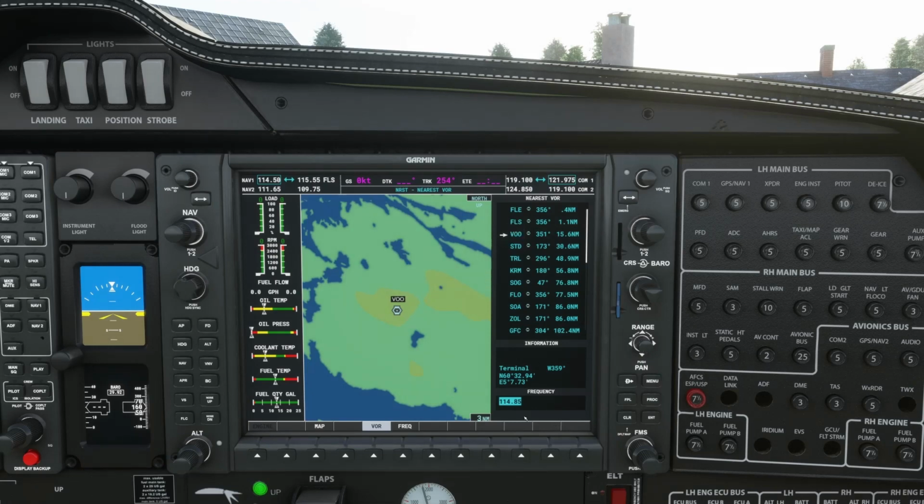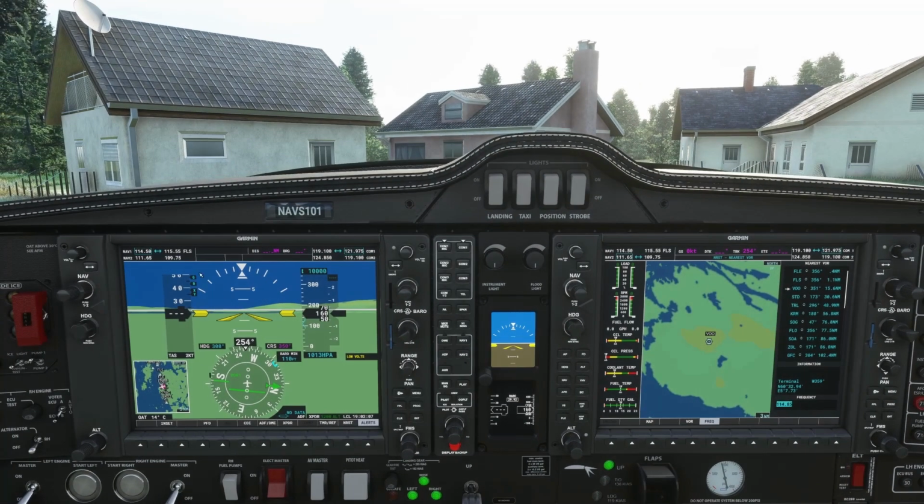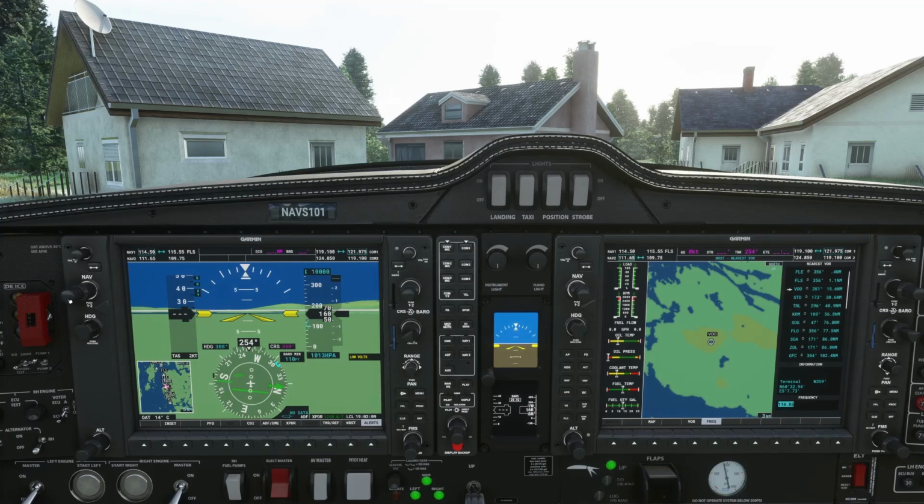All right, so now we go down to the frequency, which is 114.85. Click on frequency, and if you go to nav2, click on the top of the nav button here, which transfers that to the rectangular box around the nav2, and do the same for that as well.